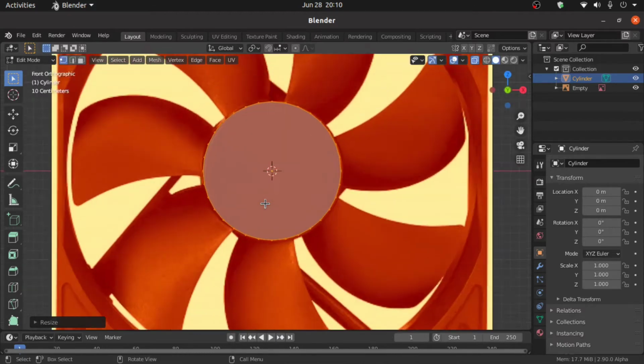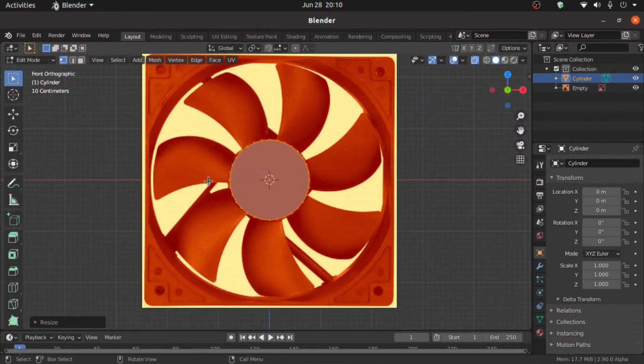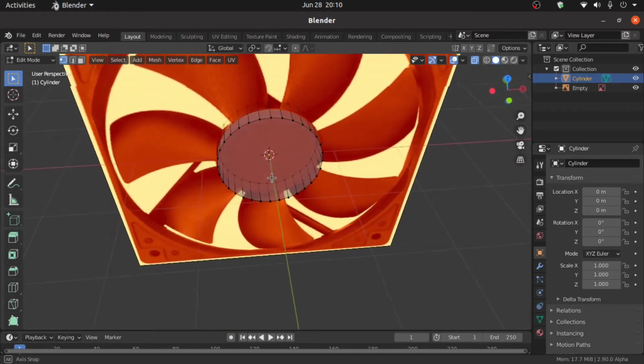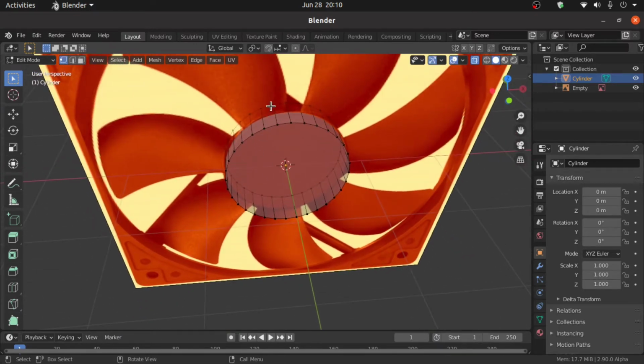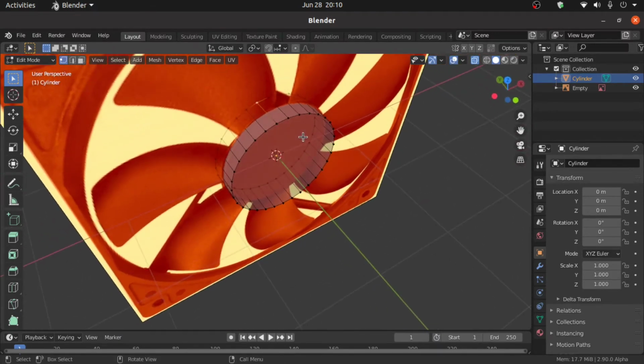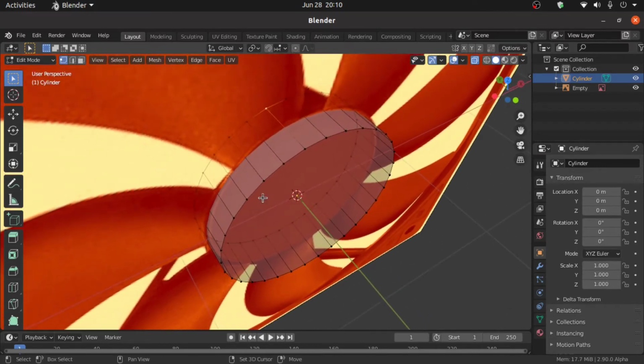Press 1 and just deselect everything by pressing Alt A. Select this vertex, then holding Shift, click on this vertex. Now press J to join.